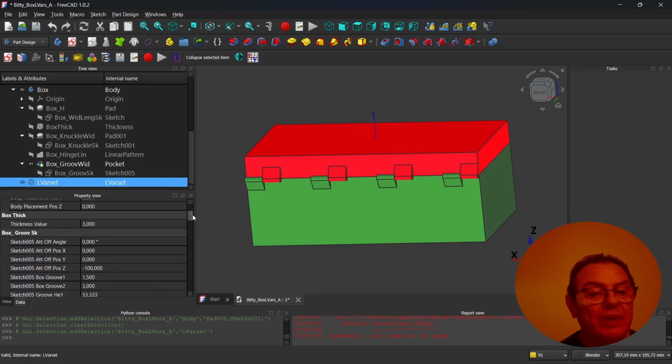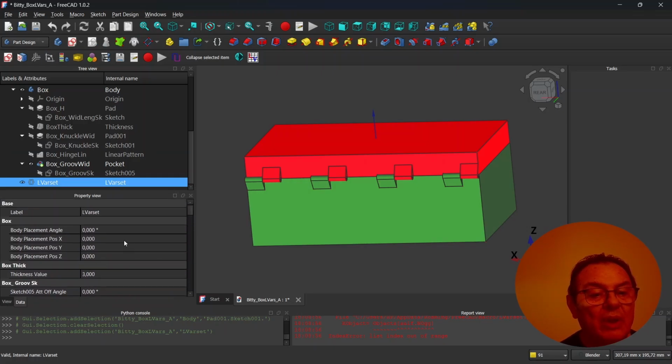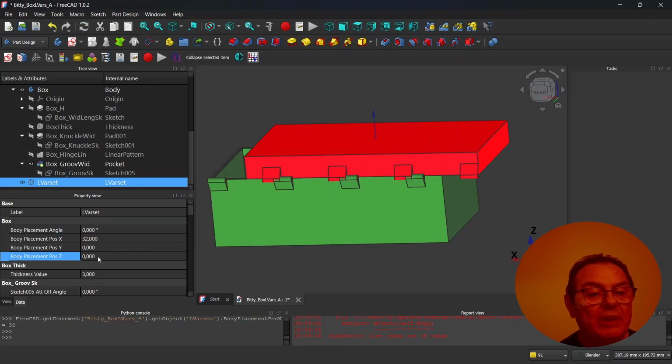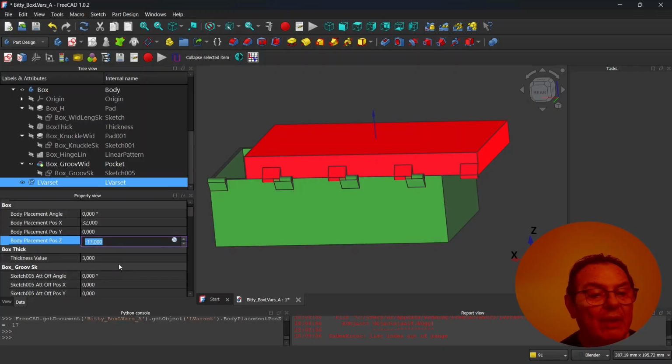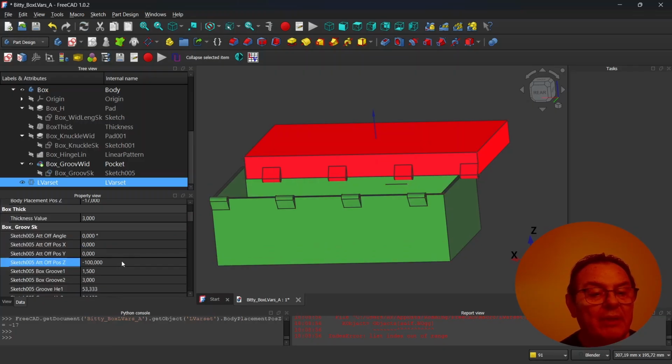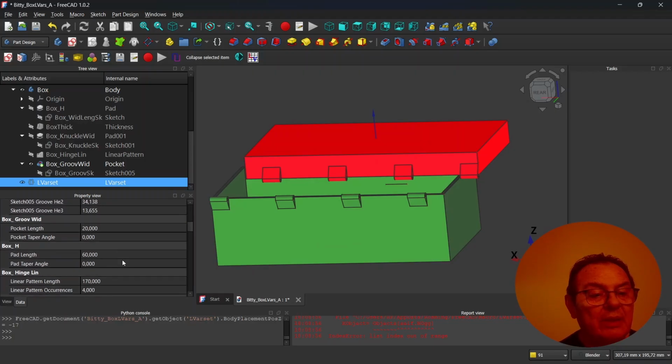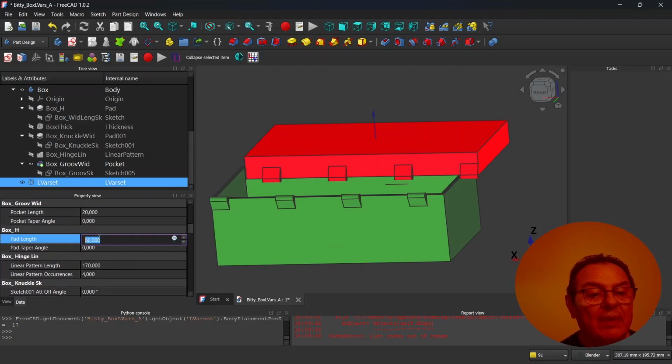In the VarSet, if you want, you can change the position of the object, maybe its height.